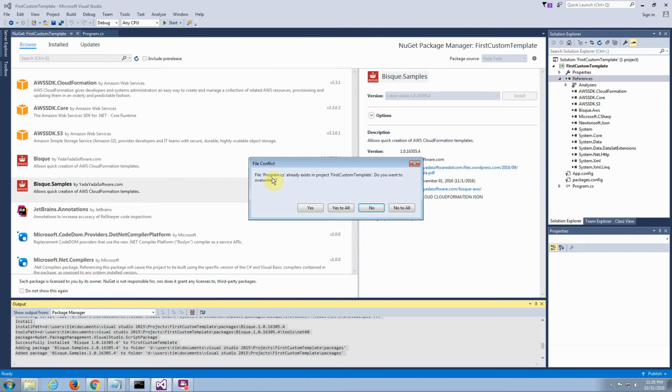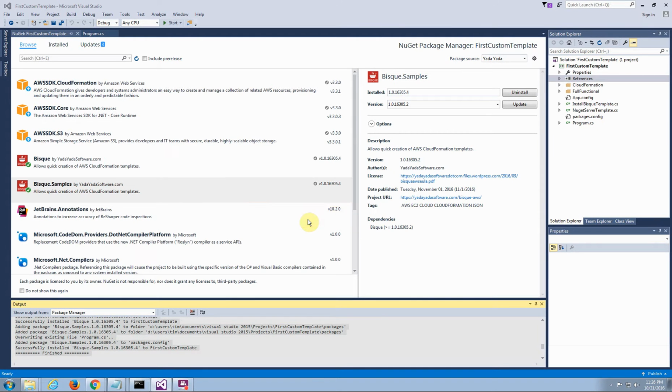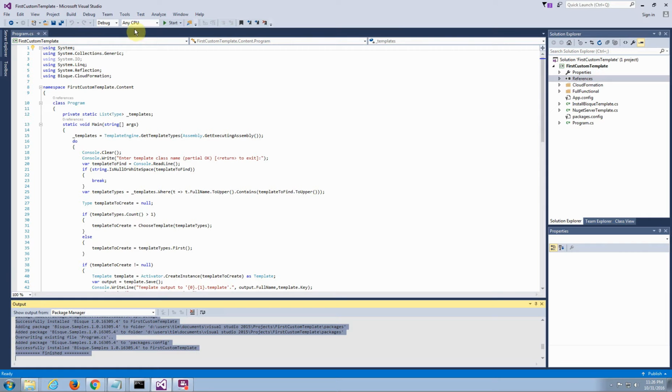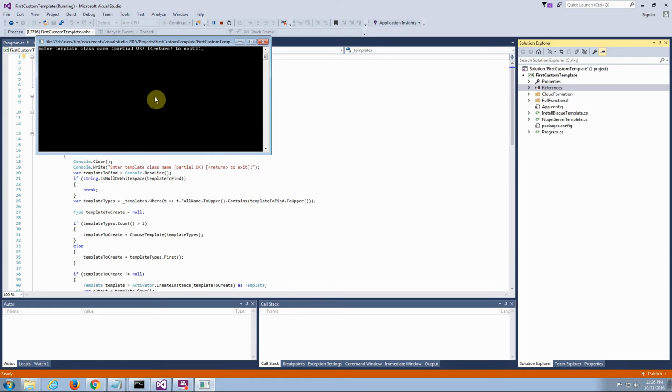And then it's going to tell us it wants to overwrite programs. Yes, yep, that's fine. And then it's been modified outside the environment. Yep, that's fine. And now we have our application. If we run this, we can type in here